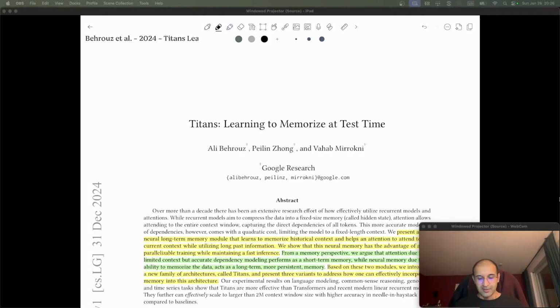Okay guys, so today we are going to talk about this paper, Titans: Learning to Memorize at Test Time. In this paper, we will be seeing, first of all, what is the problem we are trying to solve, and then what is the solution proposed here, and then we will comment on what are the pros and the